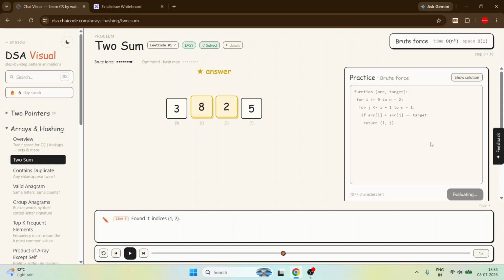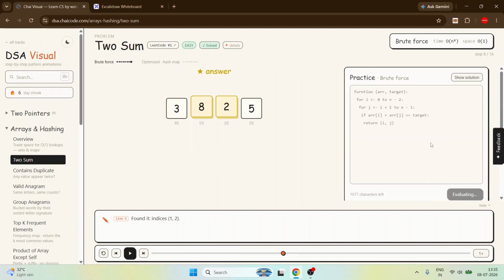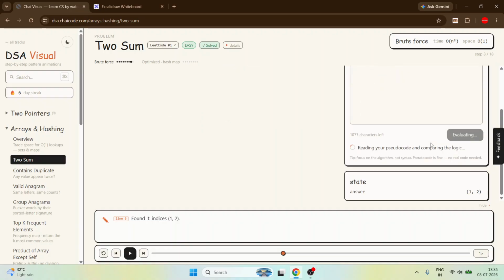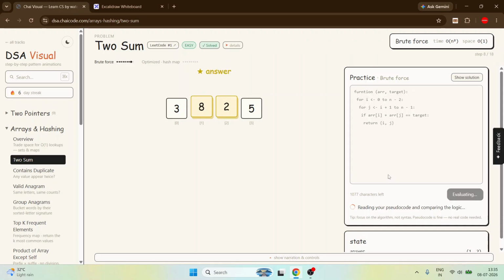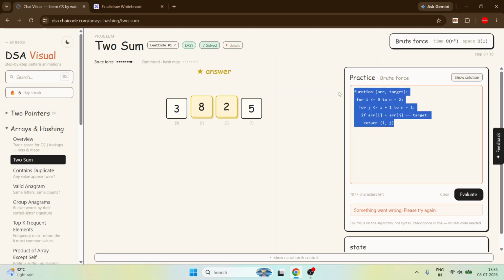Let's see it first. It is evaluating. Okay, it takes time. Actually, there is a server issue.